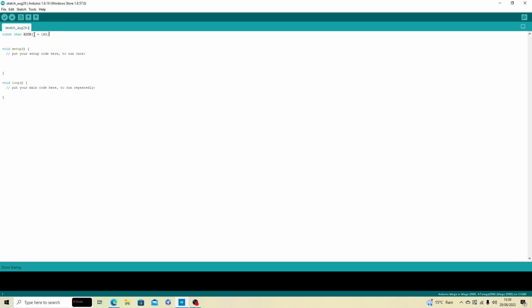So 43, 45, 47. So those are all the 20 address pins that the Arduino is connected to.